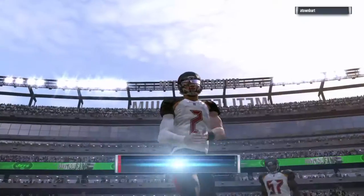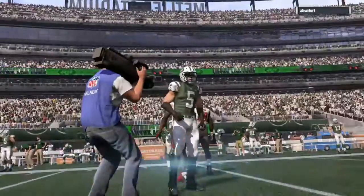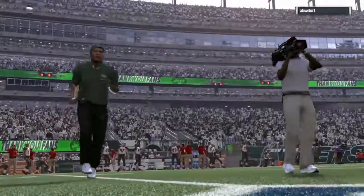A road win in the National Football League. Charles, you never take that for granted no matter who you're playing, no matter where you're playing. You take it and you run with it. And you know your prime